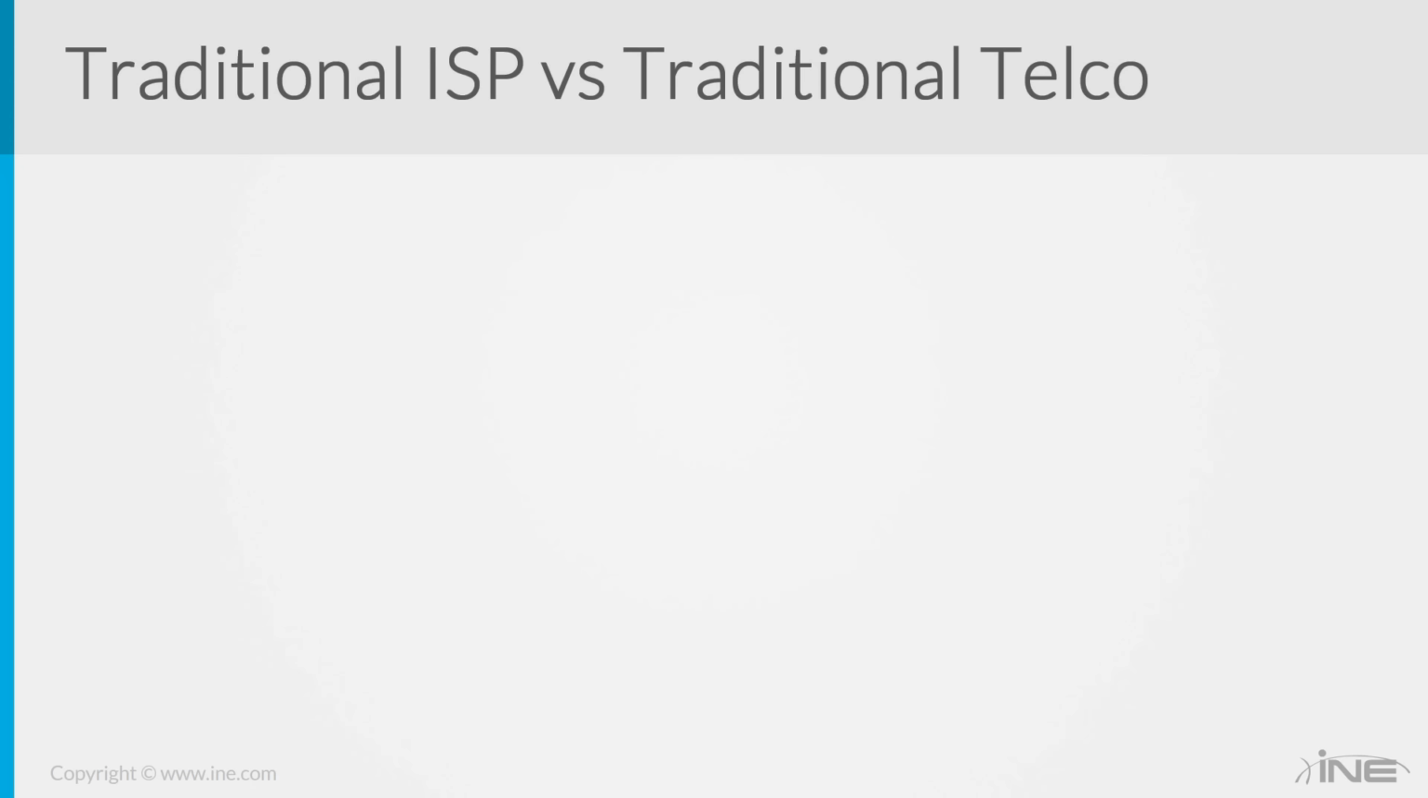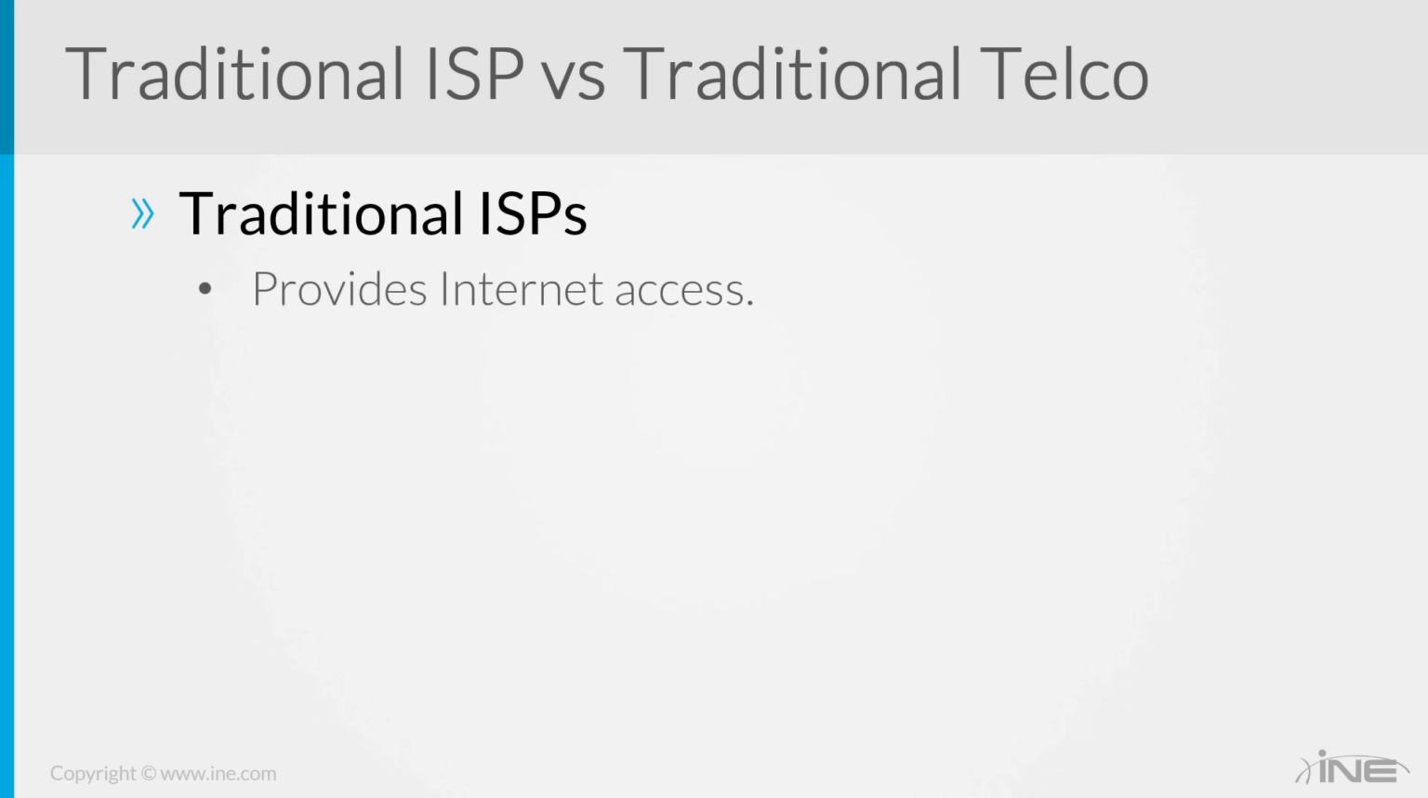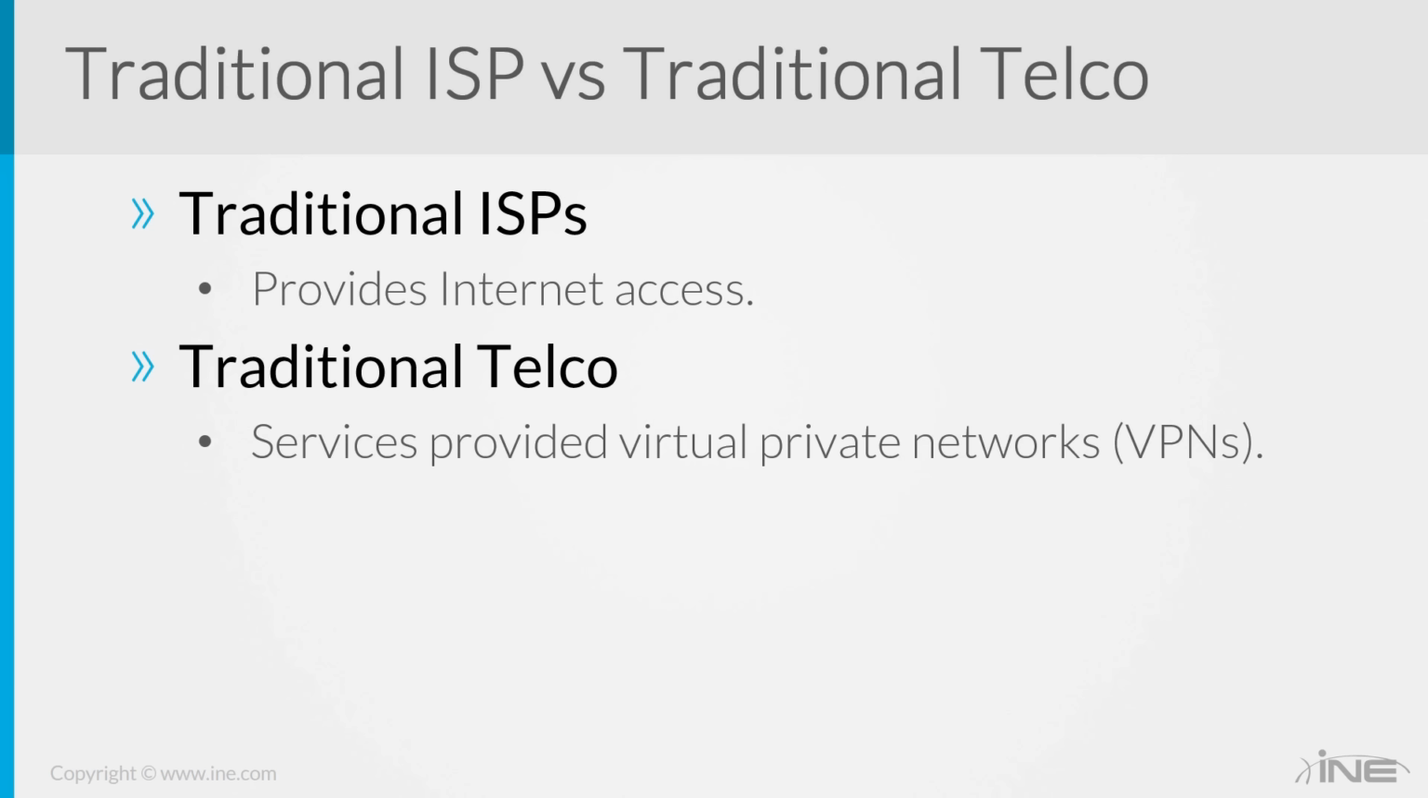So we're going to first take a look at traditional ISPs versus traditional telcos. Well, in traditional ISPs, they provide internet access. That is typically what an internet service provider does. Now, it's not the only thing that they provide. They could provide other options. You also have traditional telco, which typically will provide you VPN, which you may not agree with that, and that